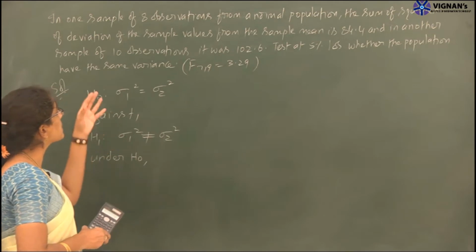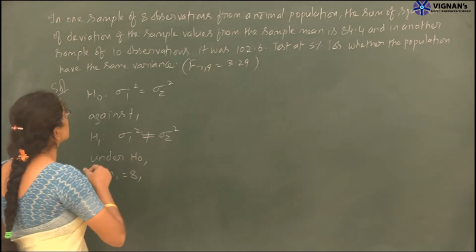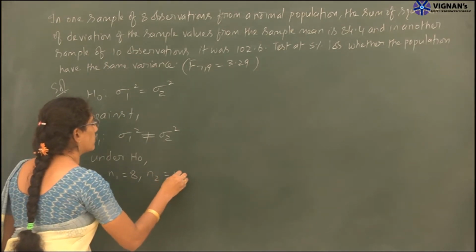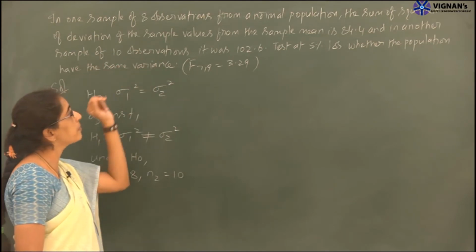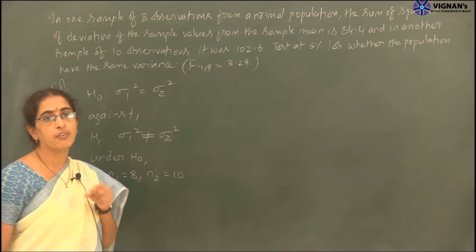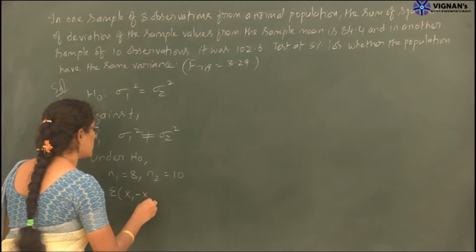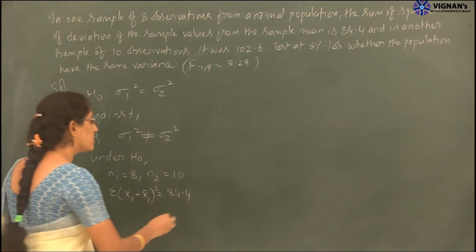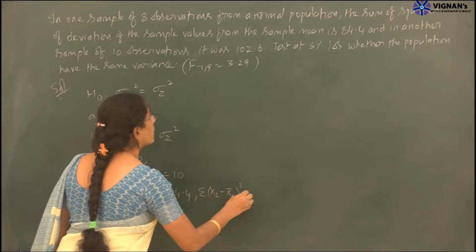The first sample size is 8, that means N1 is equal to 8, and the second sample size is 10 observations, so N2 equal to 10. Now the sum of squares of deviations from the sample values is given: the summation of x1 minus x1 bar square is 84.4, and summation of x2 minus x2 bar square is